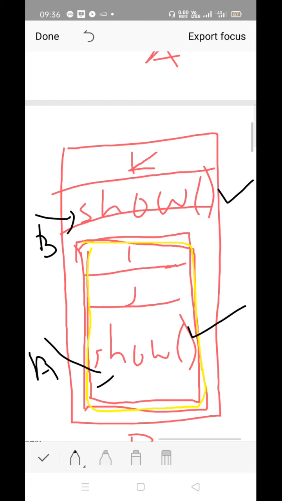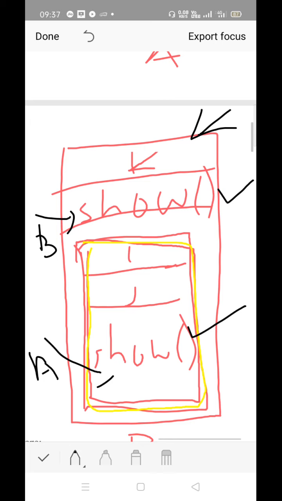Please try to understand. Whenever you create the object of class B, say ob, and whenever you invoke the show function, say ob.show, obviously B's version of the show function will be called, isn't it? Is it clear? Any doubt, you ask. Okay, you can ask in the comment section, or you can ask in the group, or you can even ask personally.